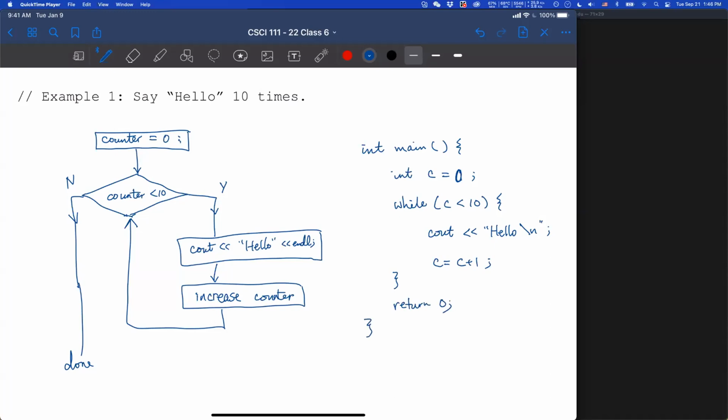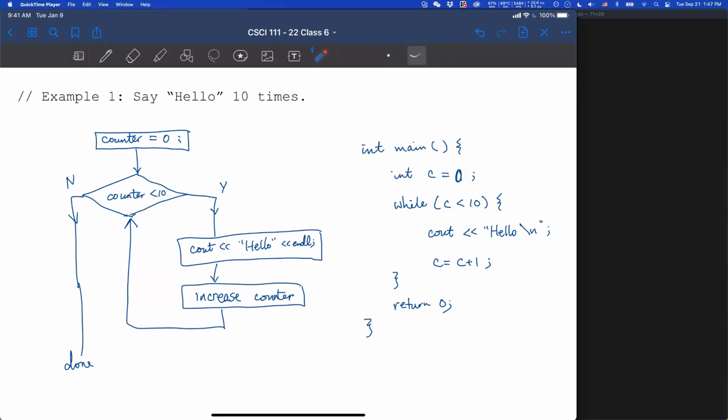Now I see people asking, should we put our question to be C less than or equal to 10? That will depend on what you initialize your counter to. Here we start the counter with 0.